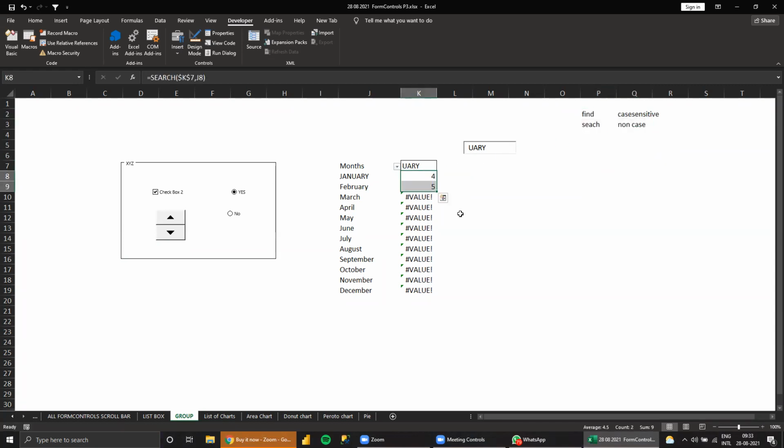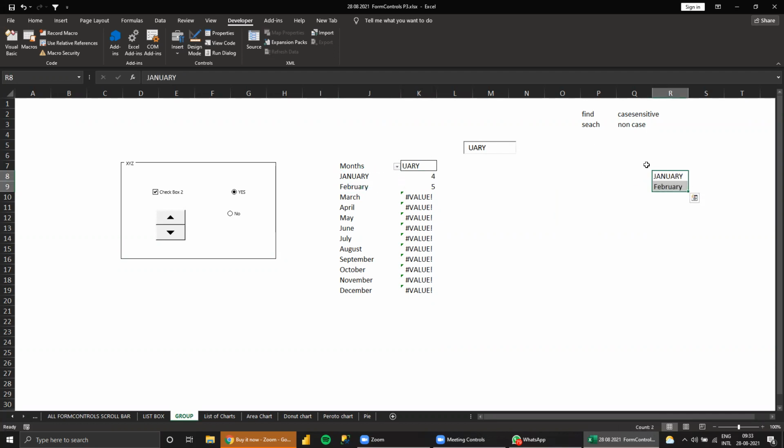Now, the second step: when we have the number, this list should be shown separately, not here. As and when I type January, only January and February should be displayed here, not anything else.